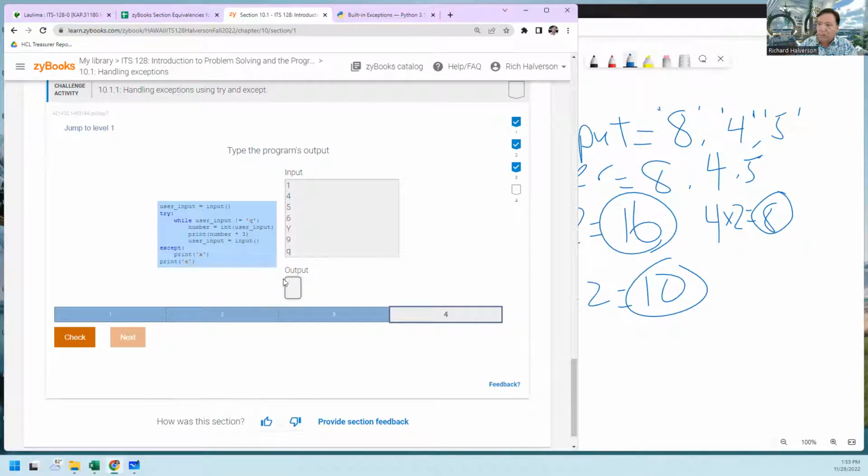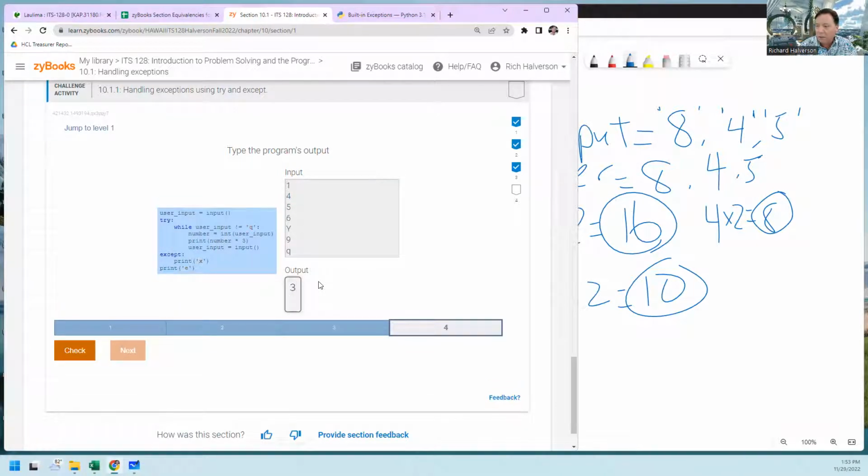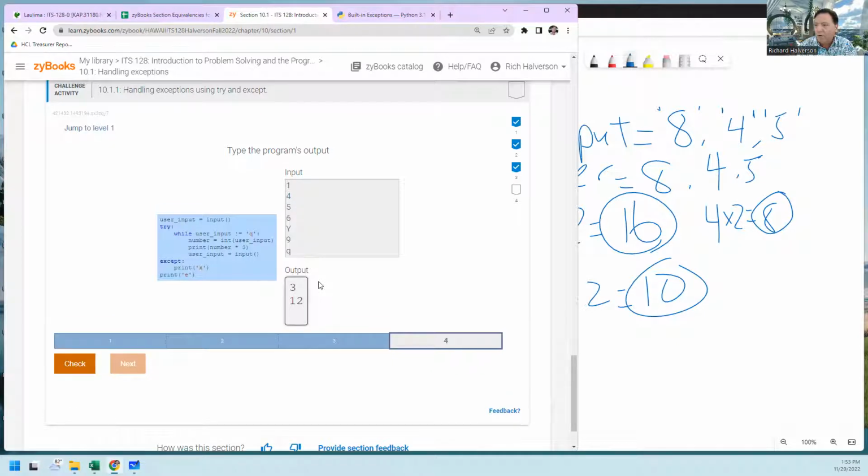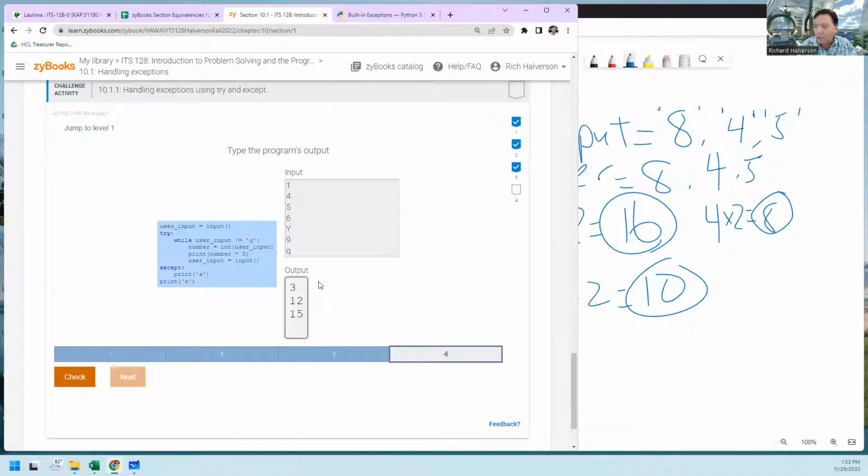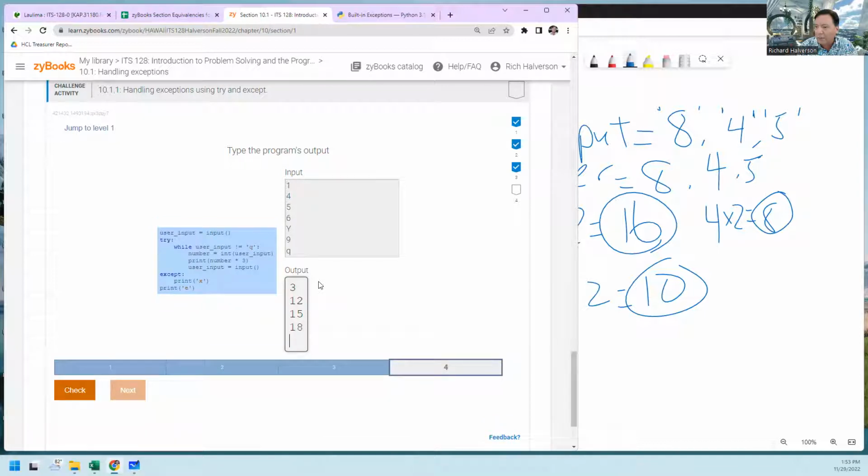So it's times 3. The first one is going to be 3, and then 1 times 3 is 3, 4 times 3 is 12, 5 times 3 is 15, and then we get a Y. 6 times 3 is 18. So here's 18, 3, 12, 15, 18, and then we get this capital Y, and that cannot convert to